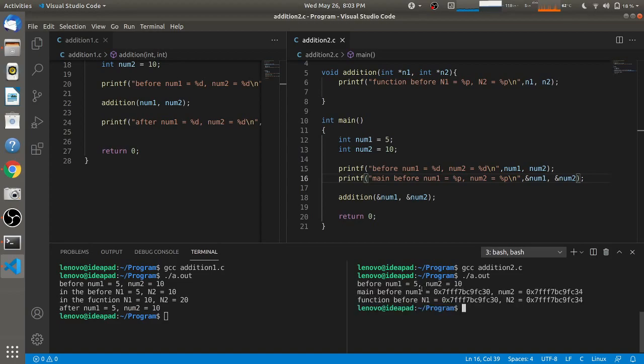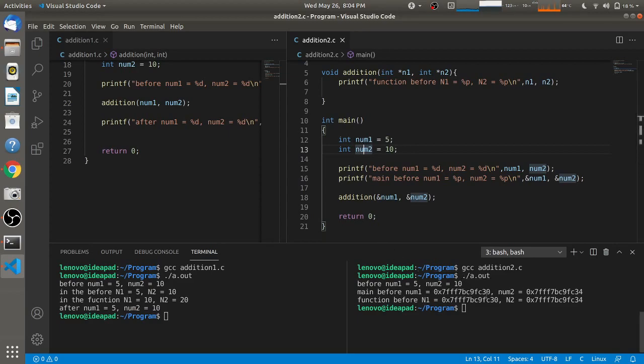So you will see that num1 is having an address, just see that last part. So num1 is having address C30, and the first part is all the same, and n1 is also having C30 and the first part is same. So num1 and n1 have the same value, and num2 and n2 have the same value, but these values are the addresses of these variables, that is num1 and num2, not the values which they are storing, but the addresses of those variables.